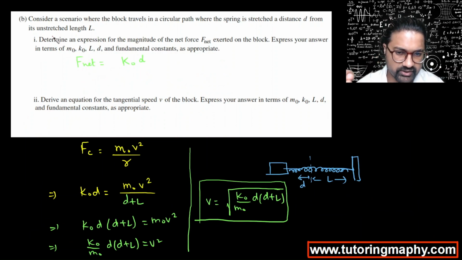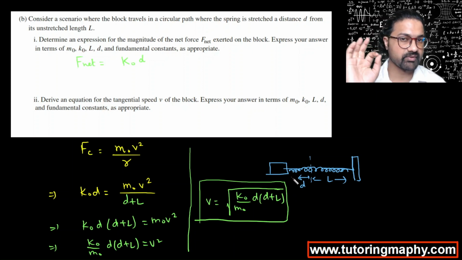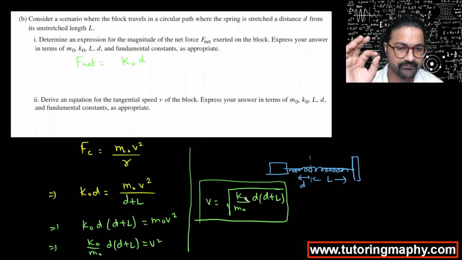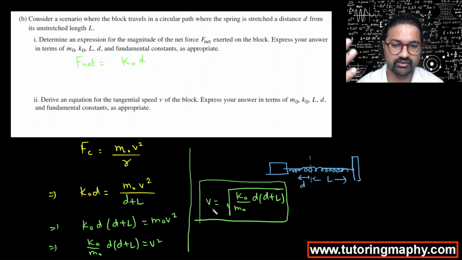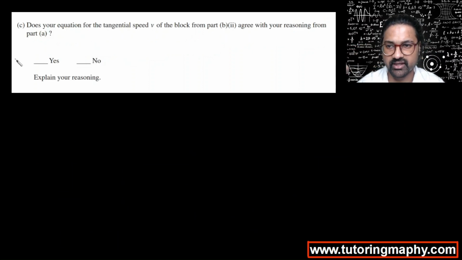So using this equation, can we say that if this d is more, because remember d is the only variable over here, k naught is fixed, m naught is fixed, l is fixed. So obviously it makes sense that if the value of d is even more, the velocity will be even more. So more is the value of d, more is the velocity, and this 100% agrees with our